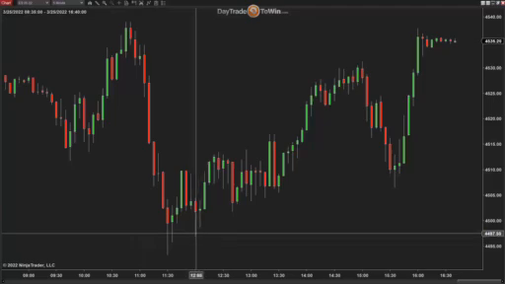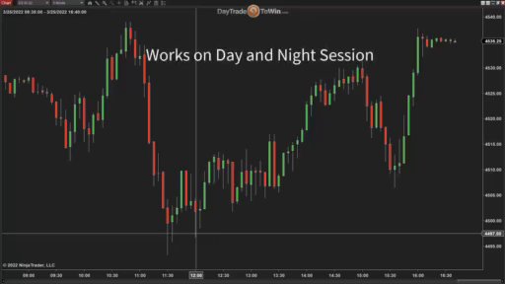Now remember, every market is different. Not every market is different, but most markets trade under a certain number of hours. But some markets, like the bonds or the crude oil, are different. They trade earlier, they finish earlier, so you have to adjust what I'm going to show you based on the amount of hours traded for the session, the day session, or even if you want to do this method in the after hours Globex session, that's fine.